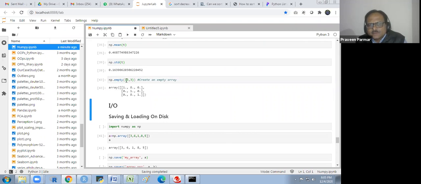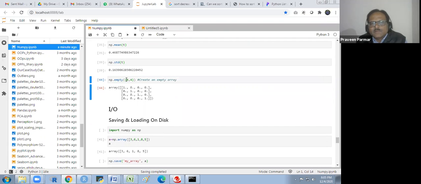If I get the square, then I'm getting the identity. If I get the 4 by 4, I'm getting it in this way. If I take the rectangular, then I will just show you that thing.